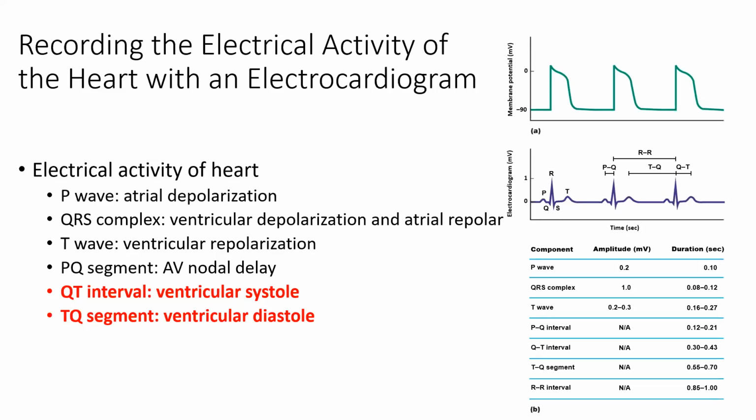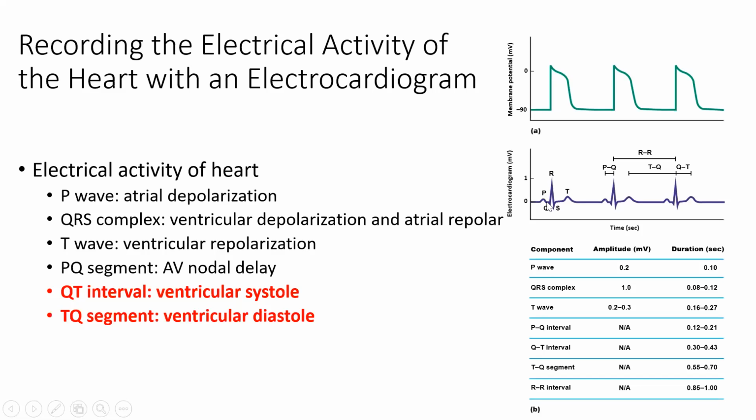Now, there are also other segments or relationships that we can look at in terms of the different components of the reading here. We can look at the PQ segment, which is really that brief period in between the P wave and the start of the QRS complex. And that's called the PQ segment. And if you look really closely, you'll see this straight line in between those two